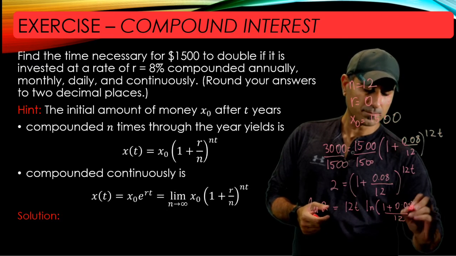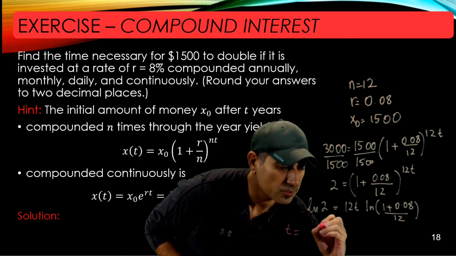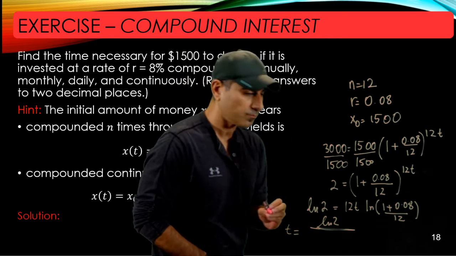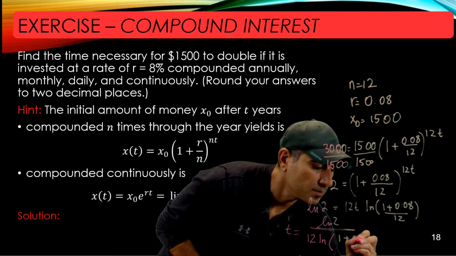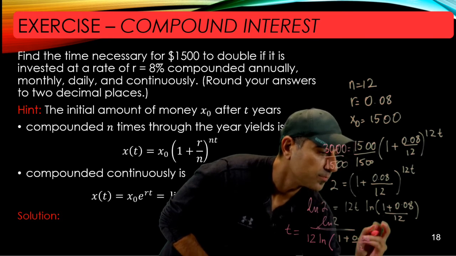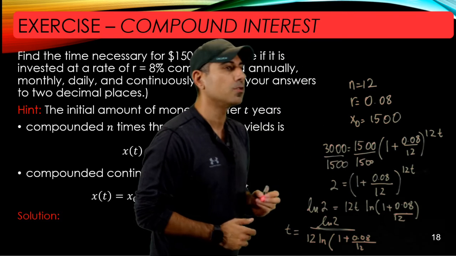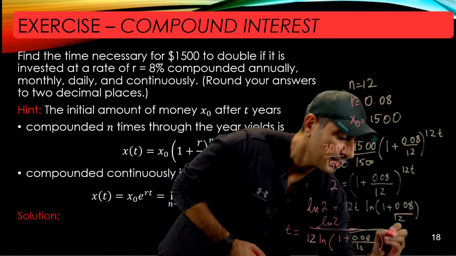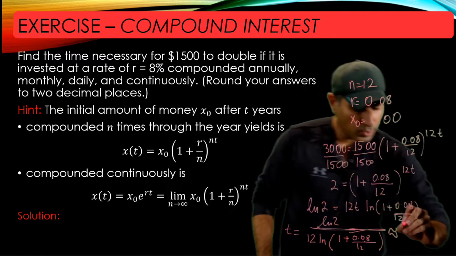And t comes out of this division here: ln 2 divided by 12 ln of 1 plus 0.08 divided by 12. There's no fraction here, this is just 0.08 divided by 12, by the way. Okay, if you use your TI-84, let me just copy from my notes. This is equal to